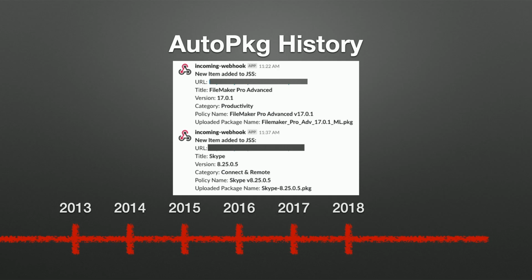But it did have some features that some people wanted to take with them. This is when Graham Pugh released the Slacker post-processor, which I think has been pretty instrumental as well. It allowed admins to easily send Slack notifications as part of the AutoPkg run, which didn't need AutoPkg, it didn't need a Python wrapper, it just worked.